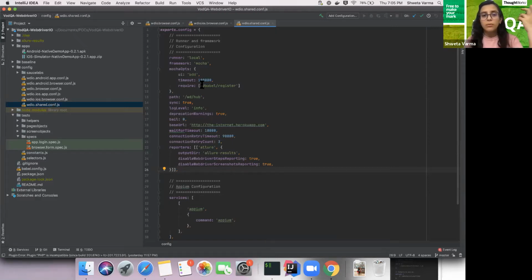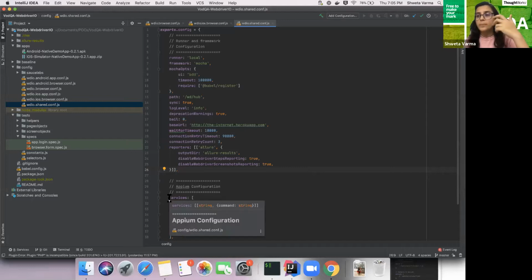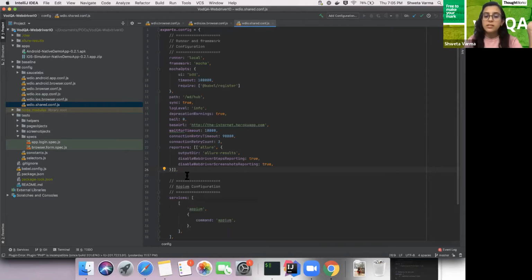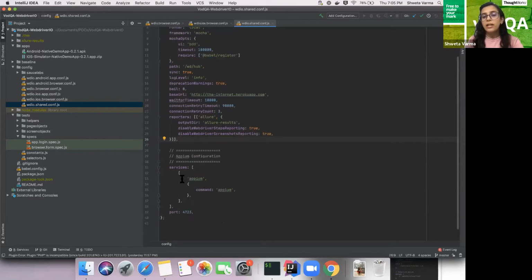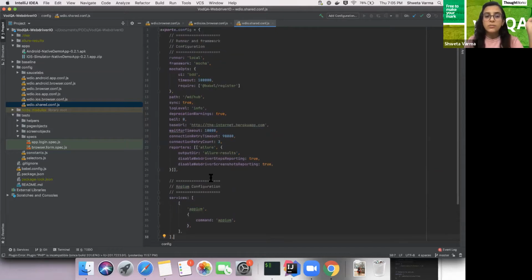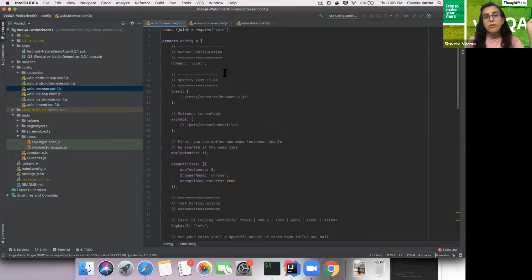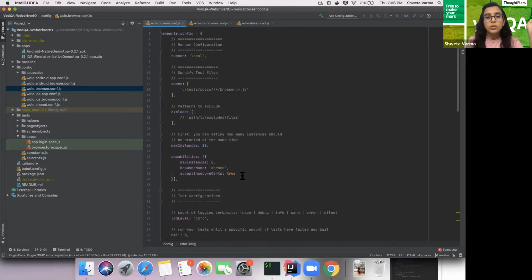So these are a few of them, like the framework I want to use and the reporter I want to use. And for the devices, that platform, I will need Appium. So I can add in services, I can just say that you have to use Appium, and it does my work, and the other things which we have seen already. So this will be the common config wherever we have defined that you can use it.